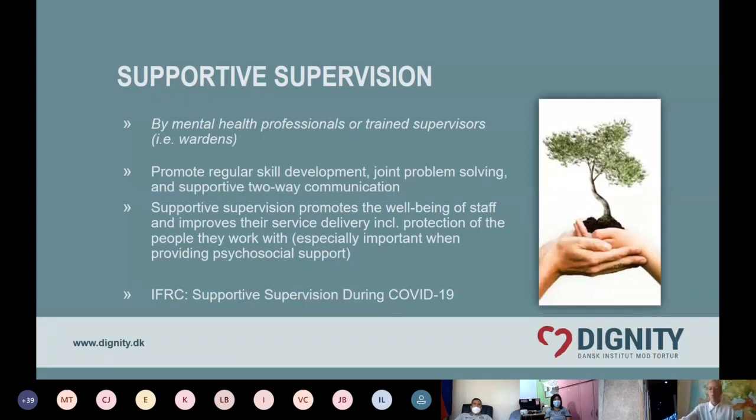Now, looking at the supportive supervision, this can be done usually by mental health professionals, but it could also be trained supervisors. And that means that wardens might also provide supportive supervision. So this supportive supervision will promote skill development. It could be sort of a training session as well, but listening to cases and doing joint problem solving, usually in groups, or a supportive two-way communication between the supervisor and the